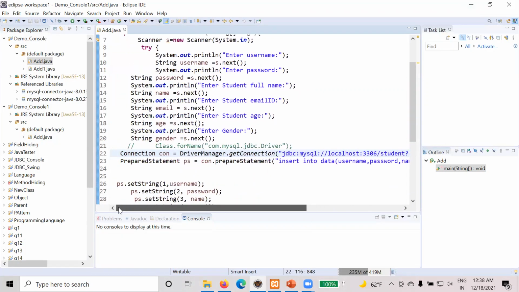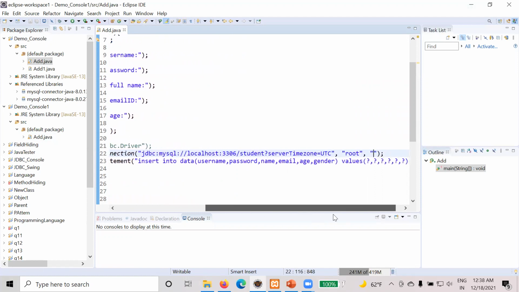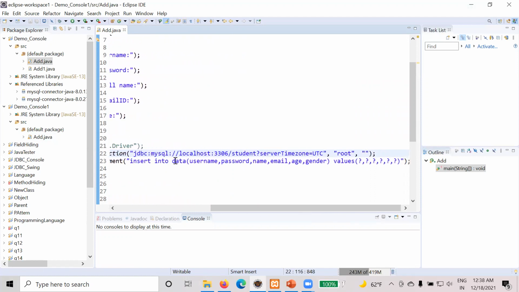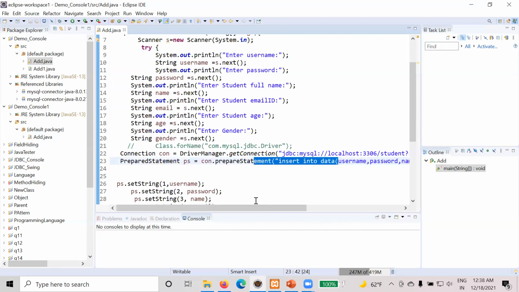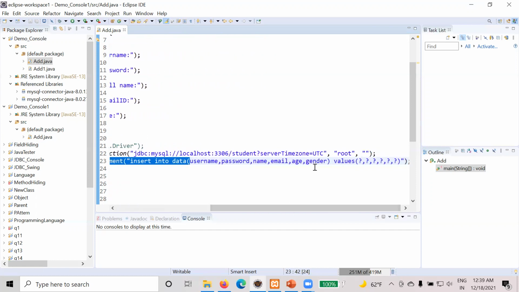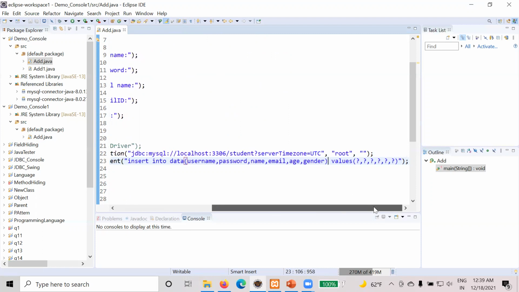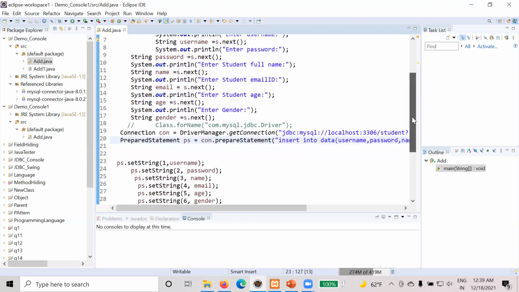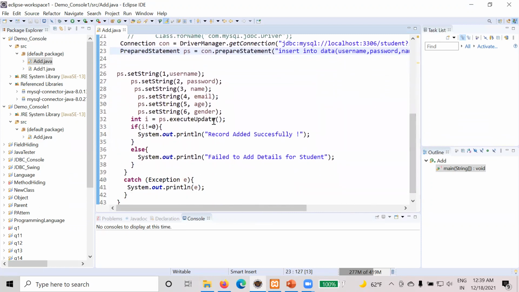After that, we created one statement, and we pass this statement to this connection type con object, and here we pass the query like insert into data. So this data is nothing but your table name, and username, password, name, email, age, and gender are nothing but your column names, and we are taking the values from the console, so that's why we are passing these values here. We are converting all these strings using setString. Then we'll execute this update query,